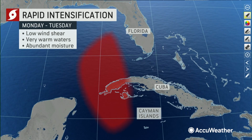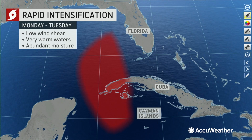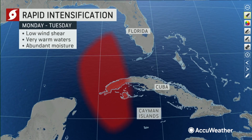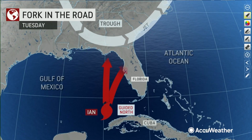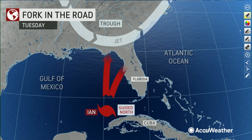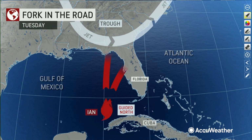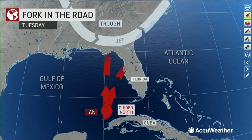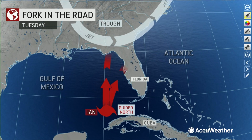The movement north continuing over the northwest tip of Cuba. Dan, there is some mountainous areas there, but this is more going to be like a speed bump than a wall when it comes to intensification. Exactly. There are some peak elevations around 1,600, maybe 1,700 feet in western Cuba, so there will be a little bit of erosion of the storm to some degree, but not much, because again, this is going to be a pretty good sized storm. It'll be close to a major hurricane, or it will be a major hurricane when it hits western Cuba, and so therefore, it's not going to take much, because it's going to be moving enough to not worry about